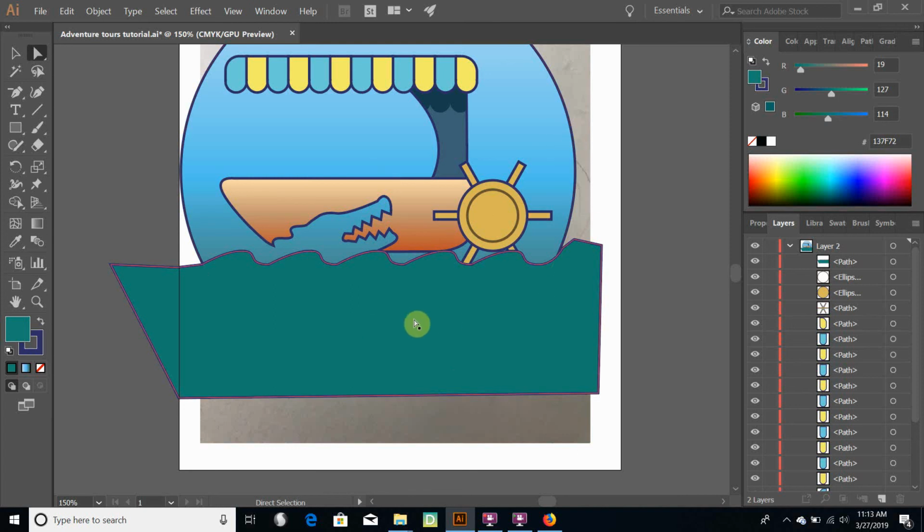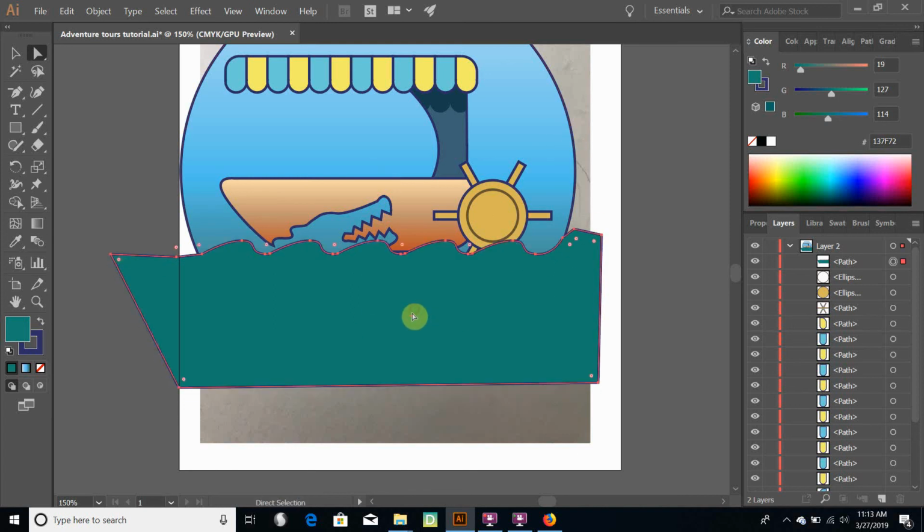Alright, and then we have the water basically where we need it. We need to take it up a bit more so that the boat's actually in the water. And from here,